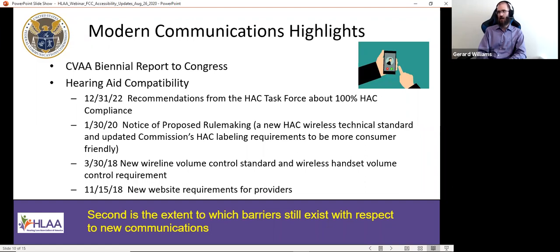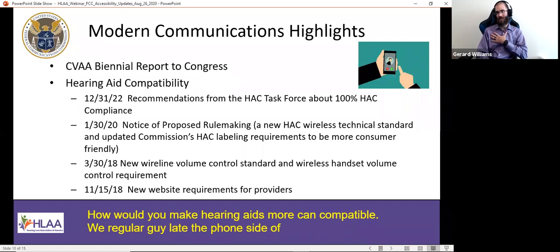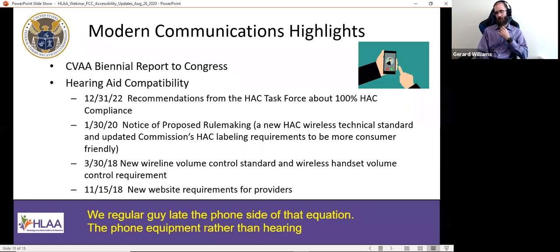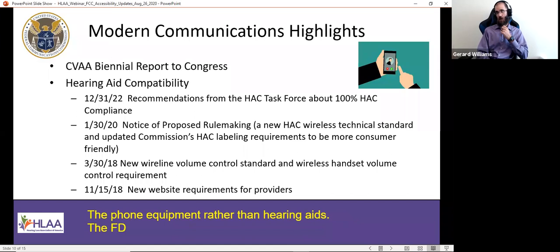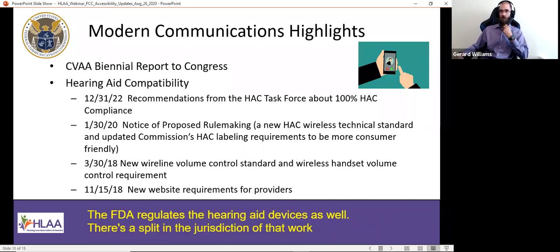The second major area that I wanted to emphasize for you, which is HAC, hearing aid compatibility. And first, I want to share just what the general requirements are for specifically wireless phones, as some people have been asking in chat or in the Q&A, how would you make hearing aids more compatible and what have you. We regulate the phone side of that equation, the phone equipment, rather than the hearing aids. So the FDA regulates the actual hearing aid devices as well. There's a split in the jurisdiction of that work on hearing aid compatibility, but we focus specifically on the phones